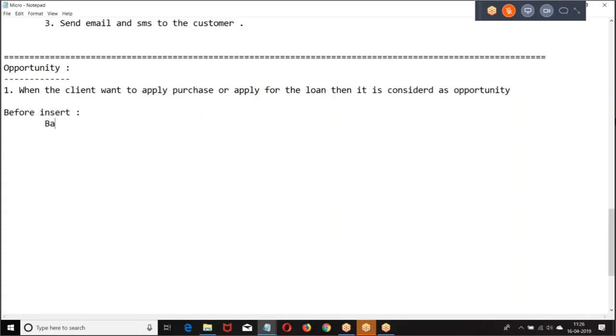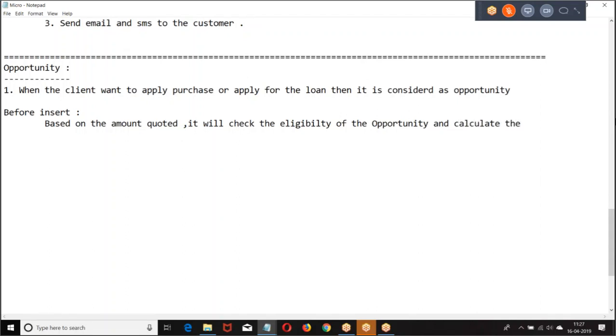Before insert, based on the amount quoted, it will check the eligibility of the opportunity and calculate the installments. After update,